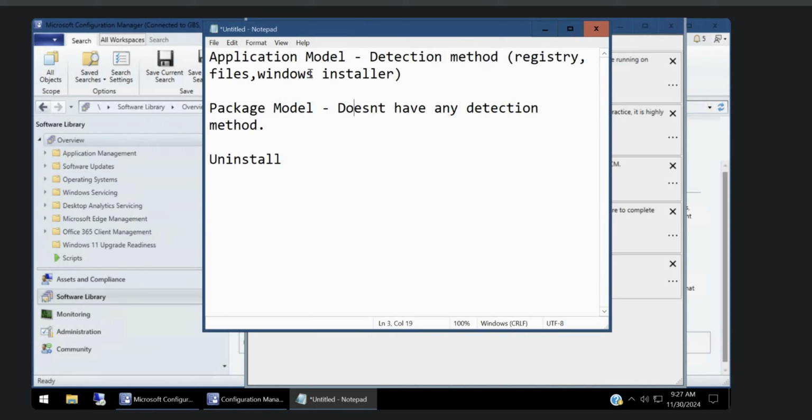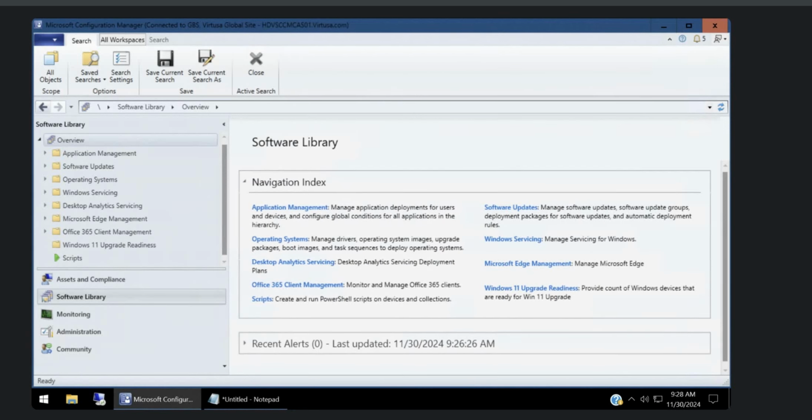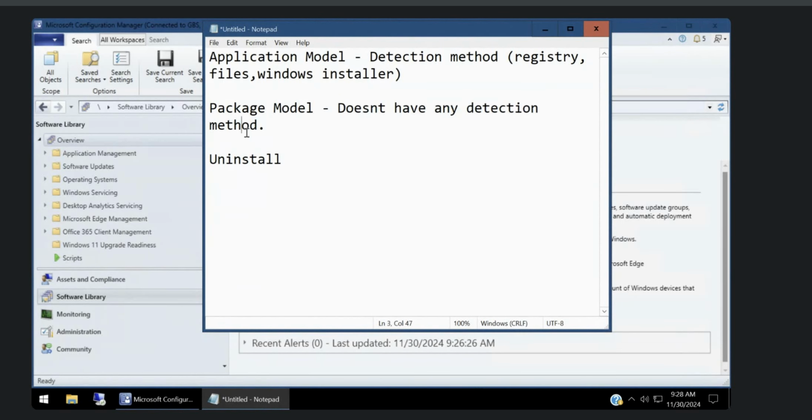Even if the application is installed or failed, or it is not installed also, we don't have accurate information because the detection method is not included. So it won't check the detection method, and it will just do its job. The package whatever we created, that will execute and it will end. Okay. So in the package model, it is not preferred to go for applications where a detection method is required. So this is the packaging model,